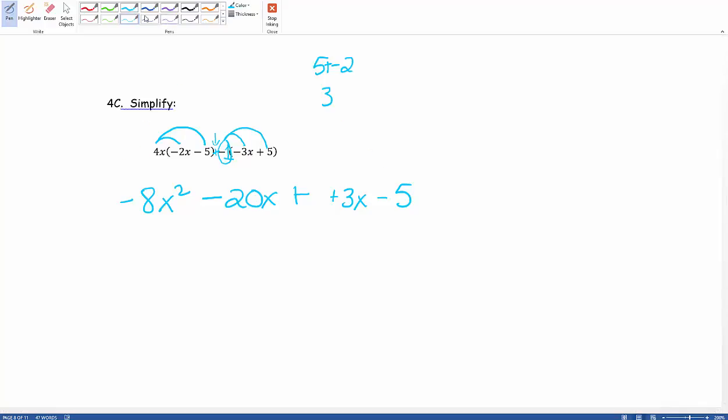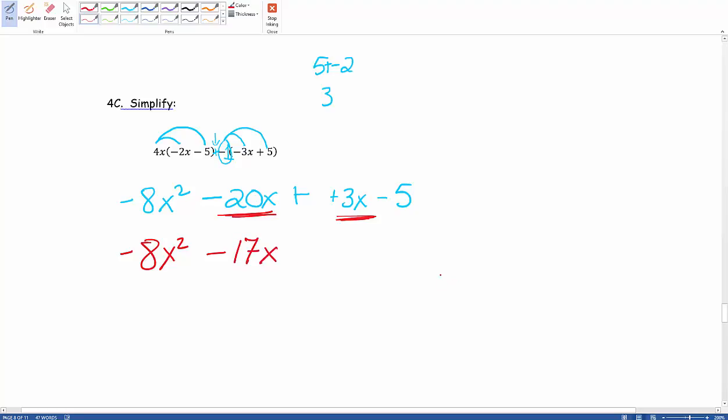Lastly, what we would do is try and combine our like terms here. Well, it looks like there's nothing that can be combined with this negative 8x squared. So we have negative 8x squared in our final answer. We also have negative 20x. It looks like it can be combined with this positive 3x, giving us then negative